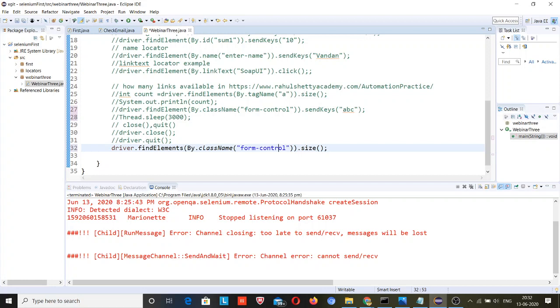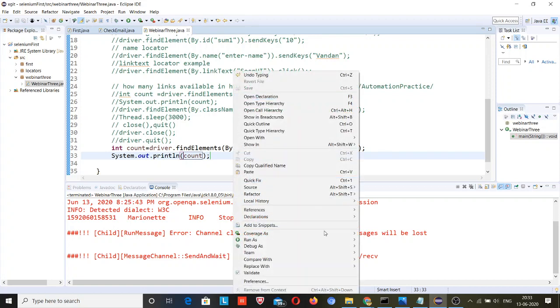Okay, I will store my count, so count will be 3, and I will make sure that there are only 3 fields available, so that I am referring to the correct index. Maybe there may be some other field as well. So what will be the index of this field?